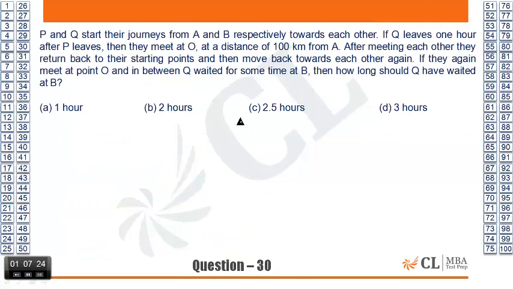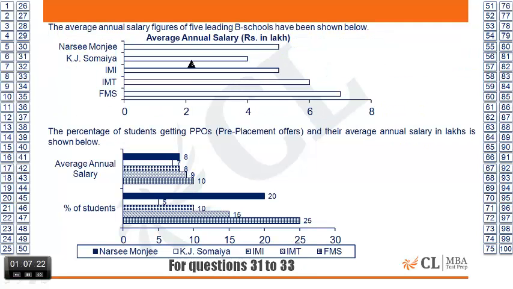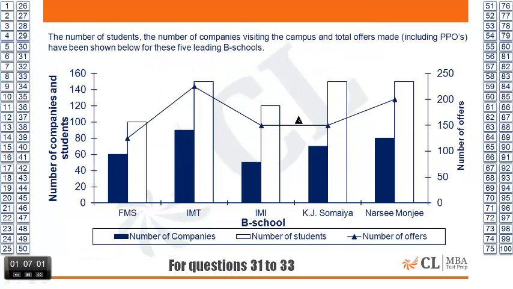Okay, don't get scared. Average annual salary of 5 lakhs. This is a time pass graph, no? All that is given is 5 lakhs, this is 4 lakhs. Average annual salaries. These are time pass graphs. This is an easy graph, but careful.